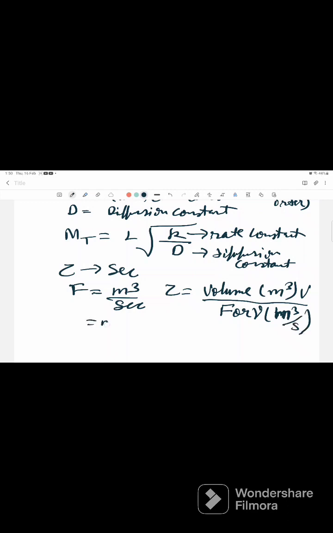F can be mole per second. Usually this is V and this is F, mole per second flow rate, and as per the conditions we can denote them. Okay, so